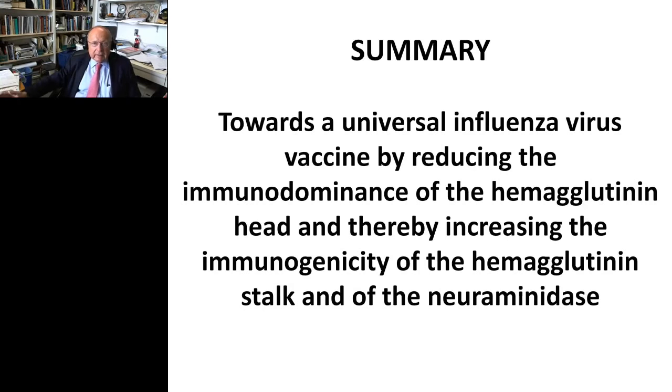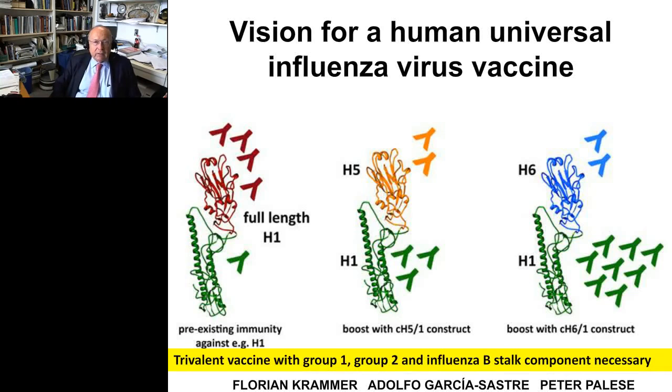So this is, again, this vision we have for a human universal influenza virus vaccine. Again, we have not been in humans. This is a very long process, but we hope that by redirecting again the immune response away from the head by using irrelevant heads, which we have never seen, we want to amplify the immune response against the stalk of the chimeric H5.1 and chimeric H6.1, and thereby protect against the different variants as well as different